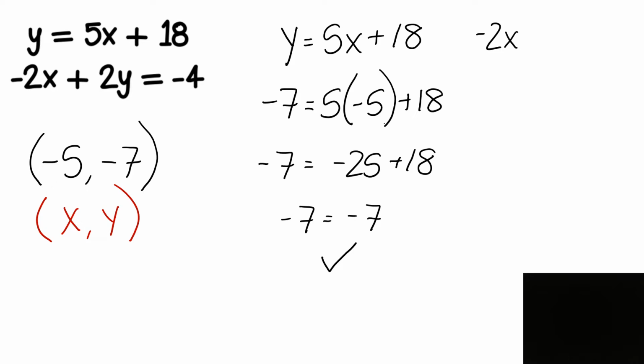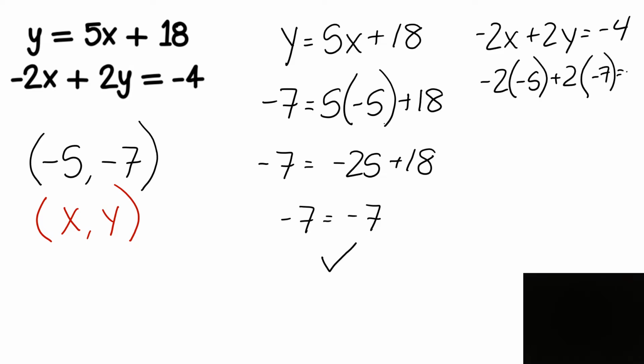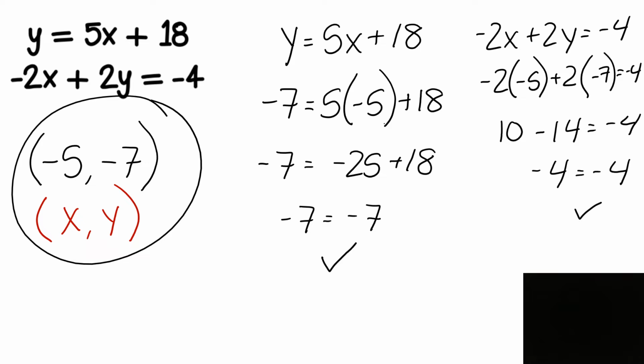Using the second equation, negative 2x plus 2y equals negative 4. Plugging in our x value of negative 5 and our y value negative 7. Negative 5 and negative 2 multiply to give us a positive 10. 2 and negative 7 give us an answer of negative 14. 10 and negative 14 give us an answer of negative 4. Again, both sides match, so that is our correct answer. We follow the maze